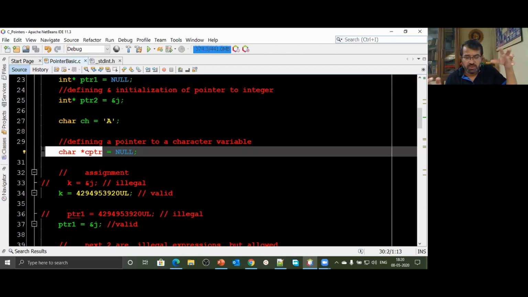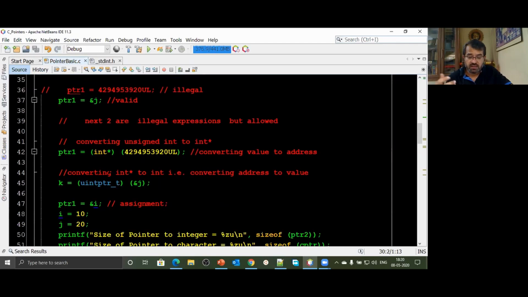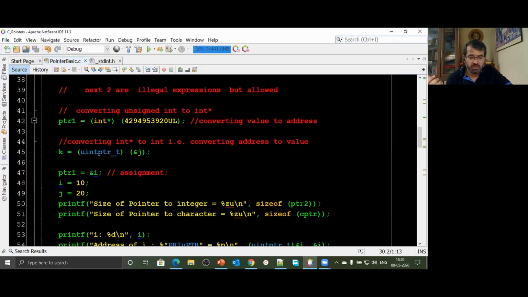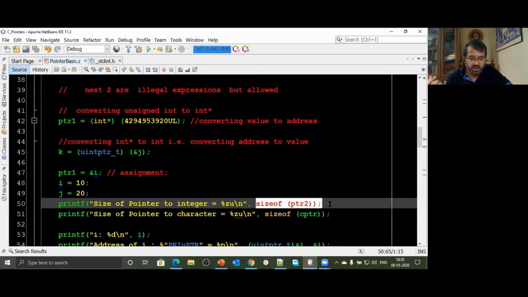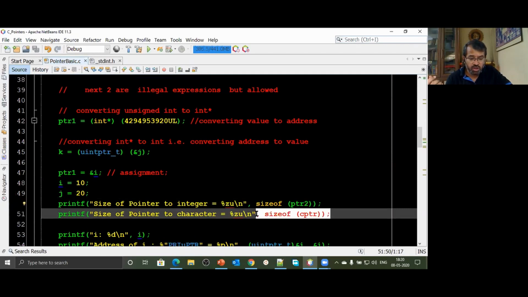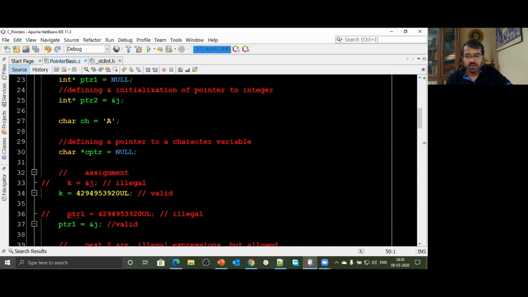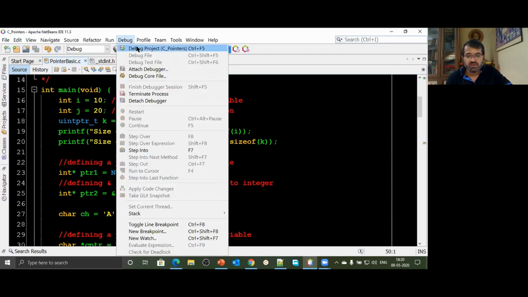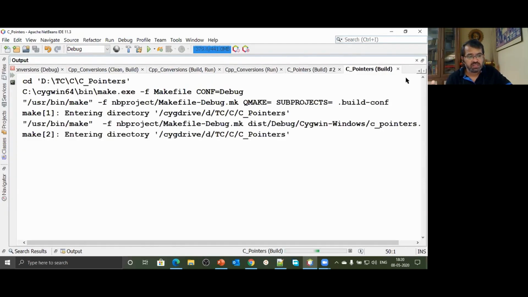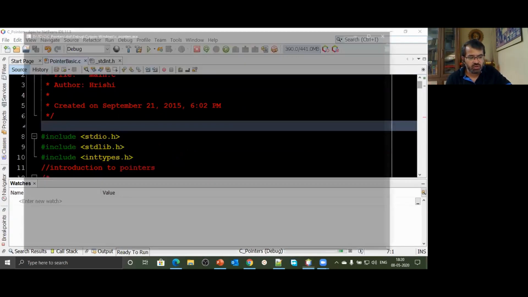Because of virtual memory, when the compiler decides where a variable has to be stored, we never know which address will be made available for the variable. So the address can be any addressable location. So the size of a pointer, even if it's a pointer to character or a pointer to integer, is going to be the same. All pointers are of the same size. I'll go one step further: all pointers are of the same type, because all pointers are pointer type. They store only addresses. They do not store values.